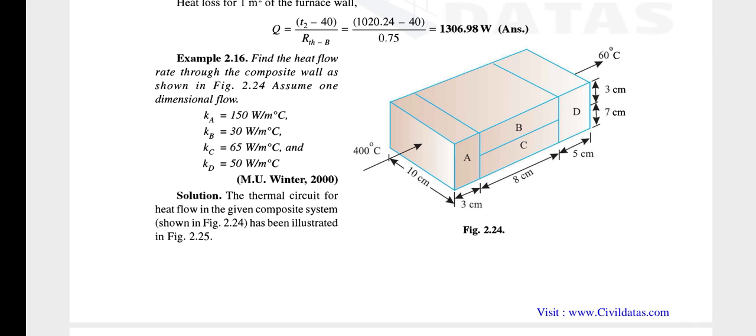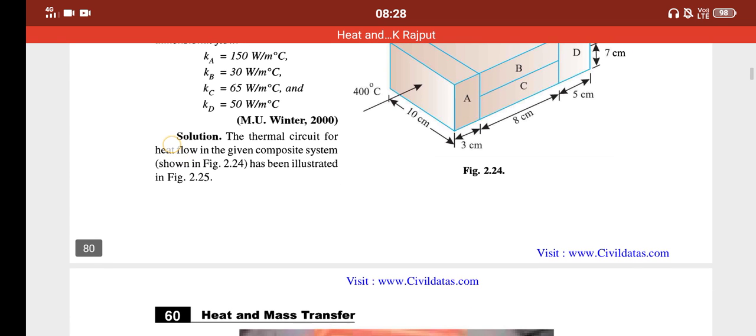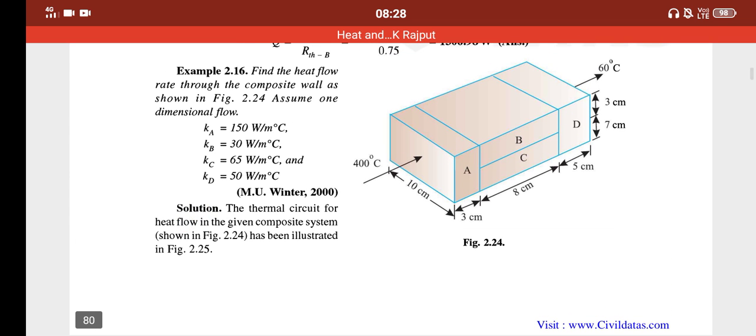The depth is 10 and the breadth is 7 plus 3, 10. So 0.1 into 0.1. Why 0.1 into 0.1? I have converted this into meters. Again, now